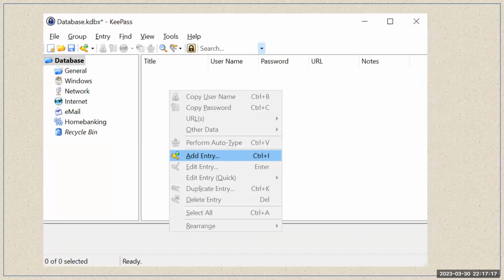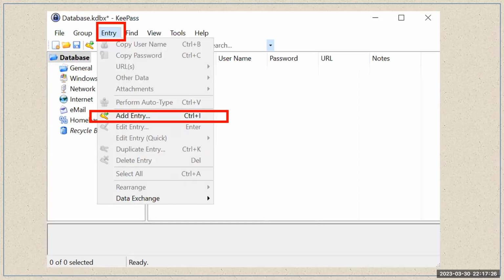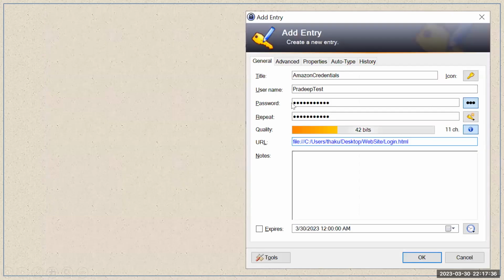After that, you can right-click on the center of the KeePass tool, and you will get this pop-up like add entry. You can get this option by another way: you can simply go to the top menu. In the top menu, there is the option Entry. In the entry, the same pop-up will open, and then you click on the add entry option. When you click on the add entry option, it will show you this window, and here you can